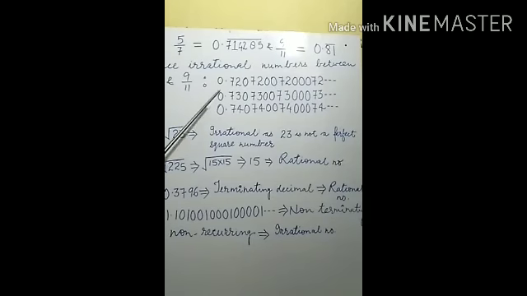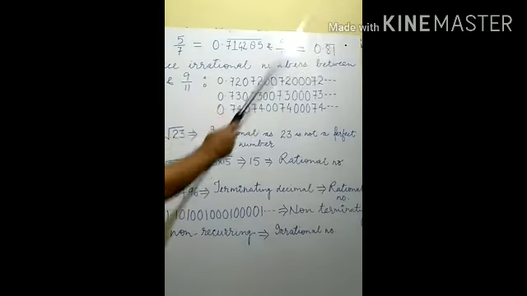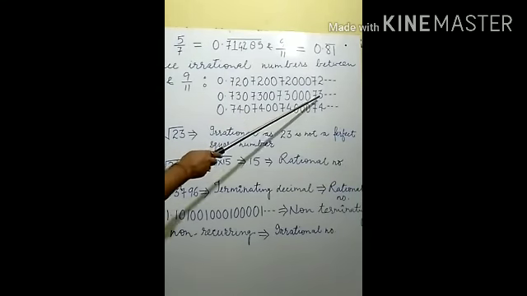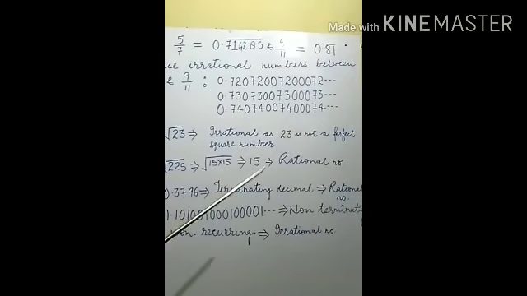Second may be there. Since we are required between 0.71 and 0.81, another number can also be selected here. After 72, can be taken 0.73, 10, 73, 00, 73, 000, 73... This type of pattern you have to adopt. If this type of pattern is not there, then no marks will be rewarded for you. If you try to get reward for solution of such type of numbers, you have to follow the pattern which is discussed here.